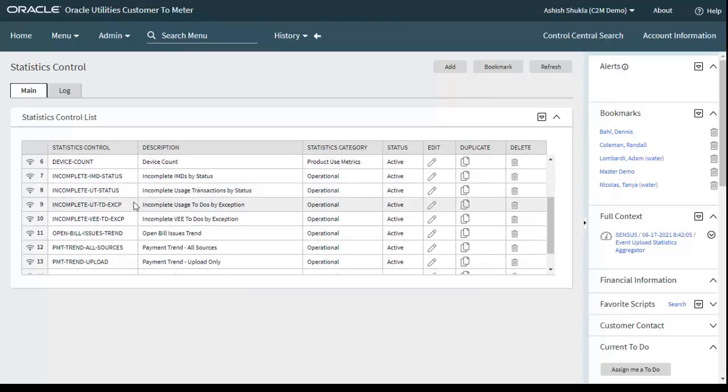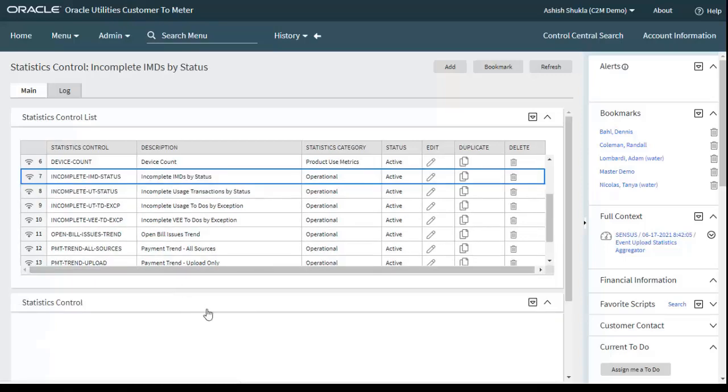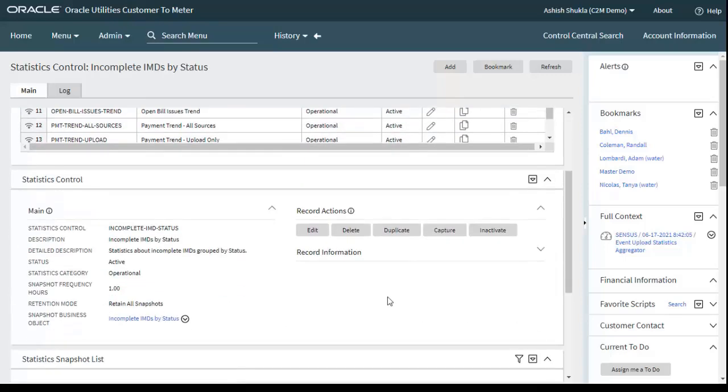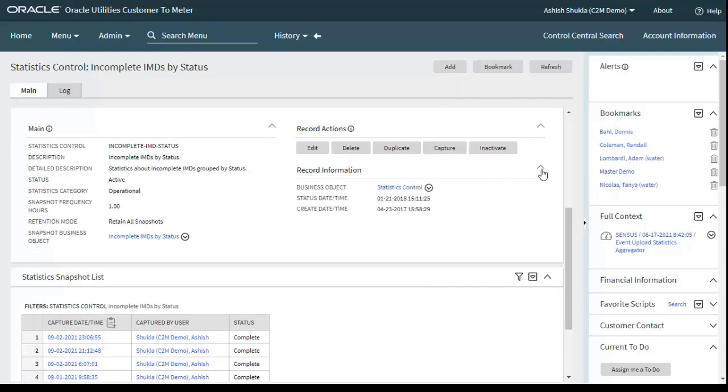So here these are the various statistics controls which we need to configure. One is incomplete IMD status, then incomplete usage transactions by status, incomplete usage transactions to dos by exceptions, incomplete VE to dos by exceptions. So these four we need to configure,